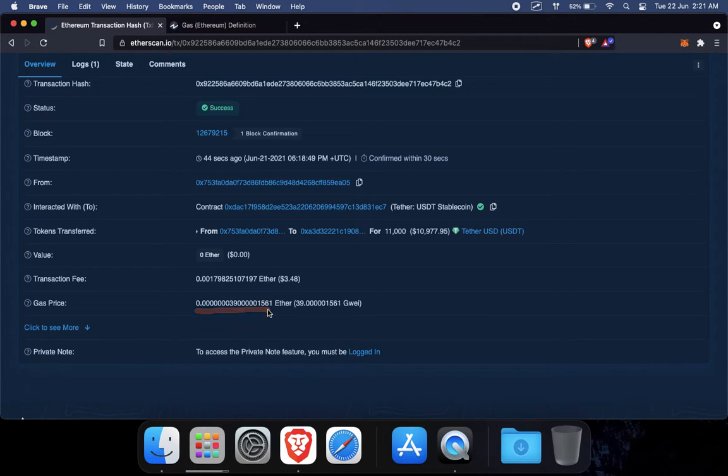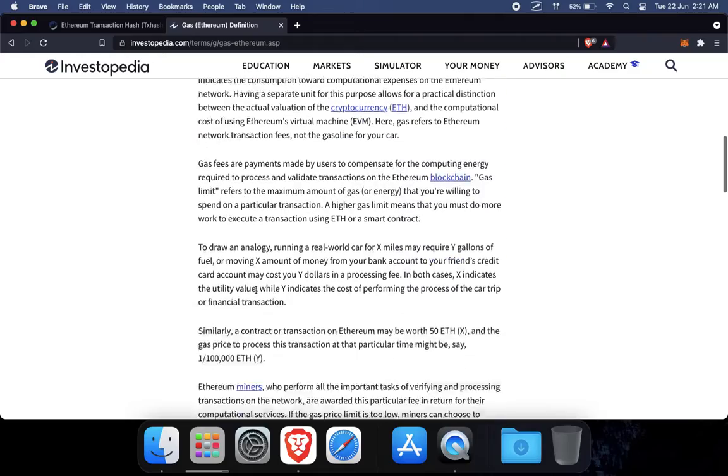It doesn't really make any sense, right? So it's a lot easier to denote it in 39 Gwei, right? Just like millimeters, centimeters. So Ethereum also has